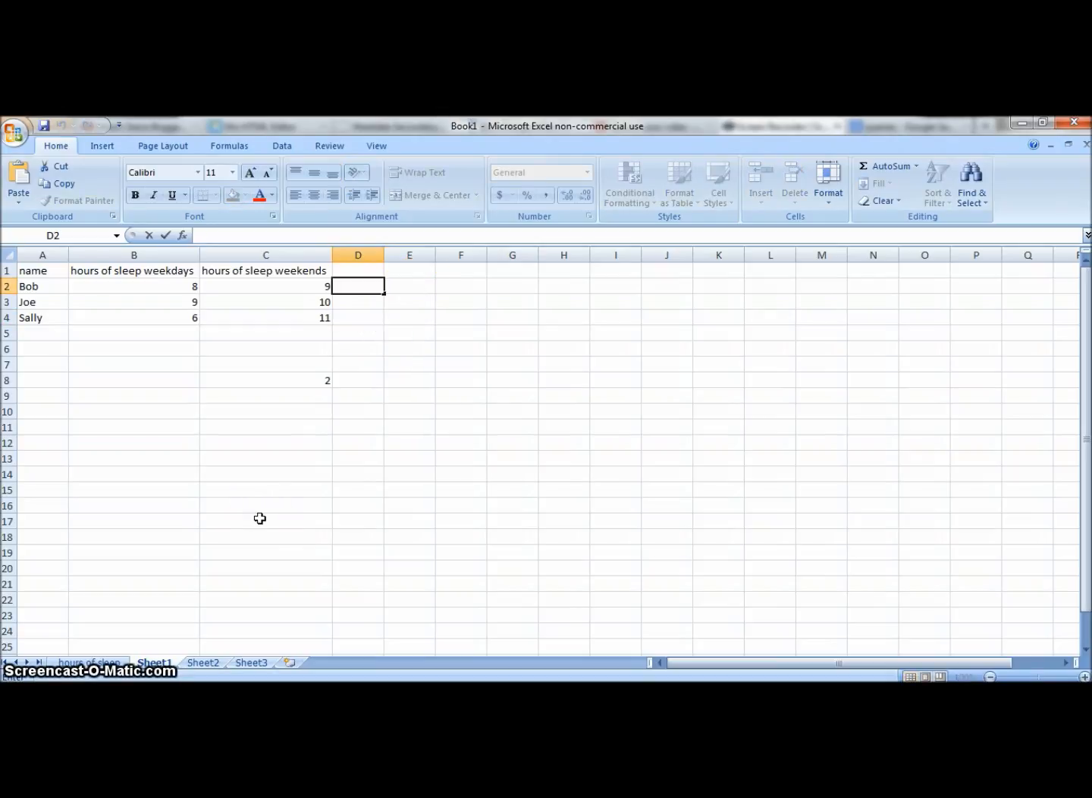Next, we'll learn about absolutes. Using absolutes is a way to make a number be consistent in all your formulas. I'll show you what I mean. So let's say that on the weekend, one day, they all have to wake up 2 hours earlier. So let's write a formula for that. So if we start with the equal sign, bracket 9 minus,